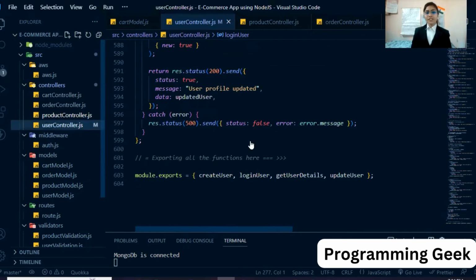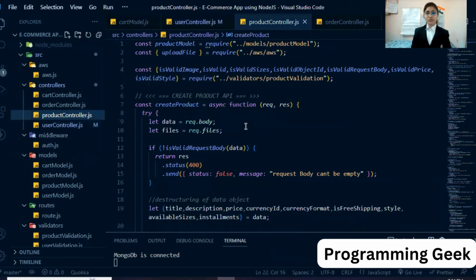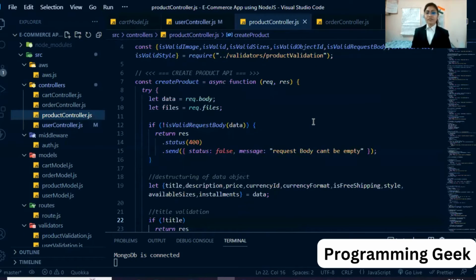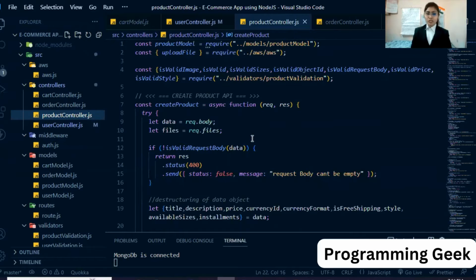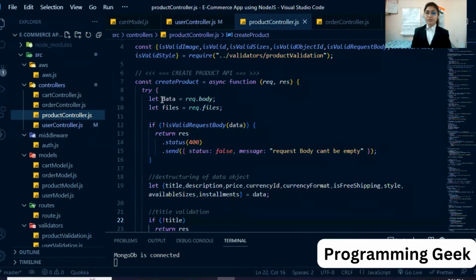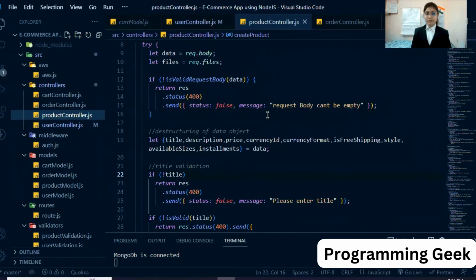Then for product, I use CRUD operations, first for creating the product by using some details. First, I fetch all the data present in request.body. I also upload the files here by using Multer.